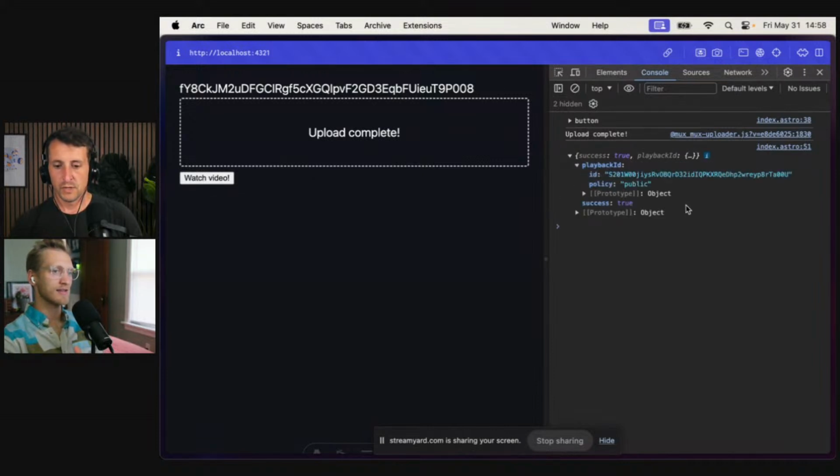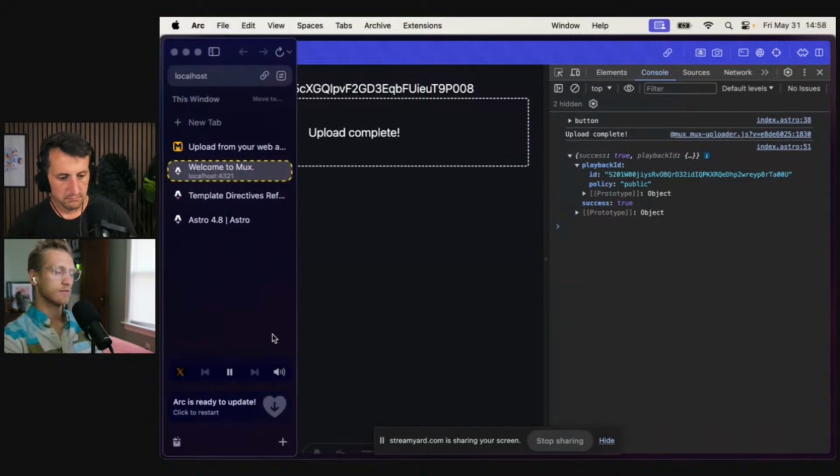Success true. Playback ID. Nice. Sweet. So this did exactly what we wanted, and even better, which I think is kind of neat. Not related to this whole flow, but you can return from the action and it just comes back as, where did I log this out? Or was this in the action? Maybe I logged this in. Yeah, where did you console log that? Let's see.